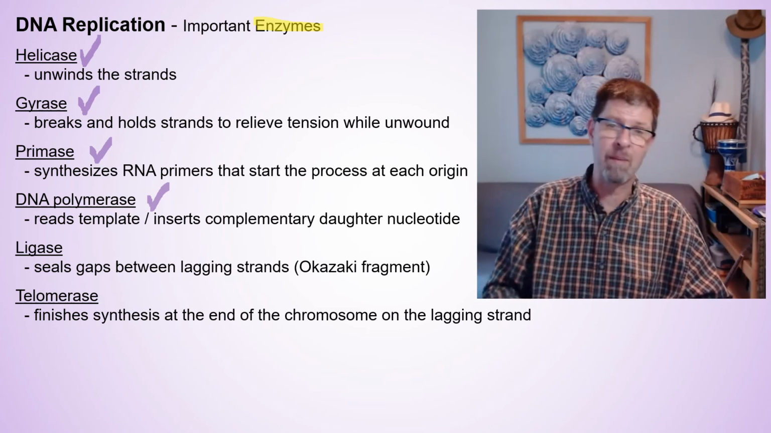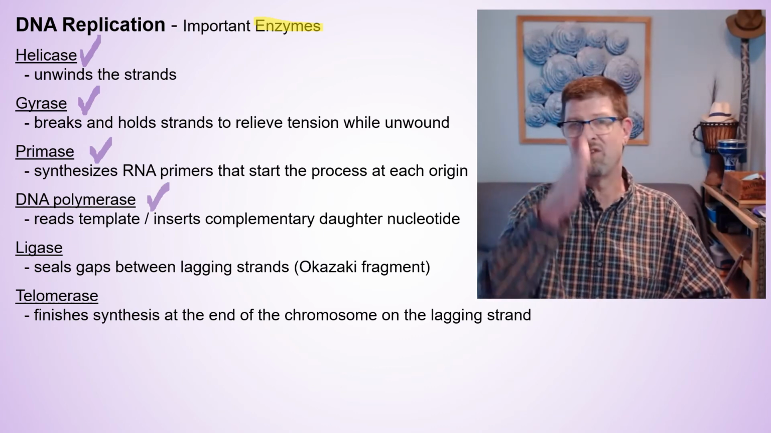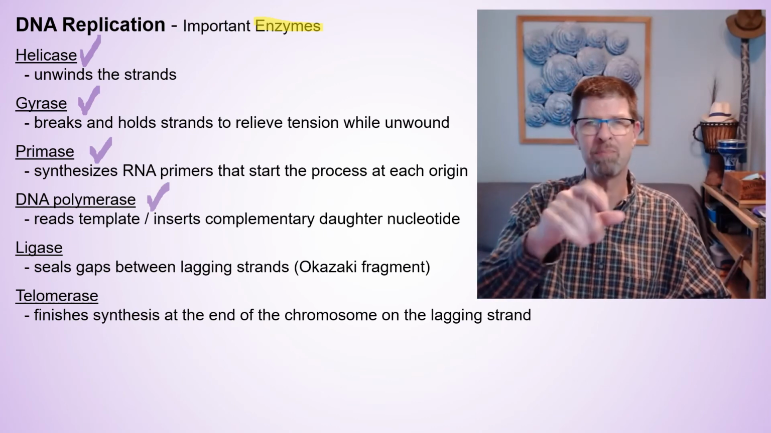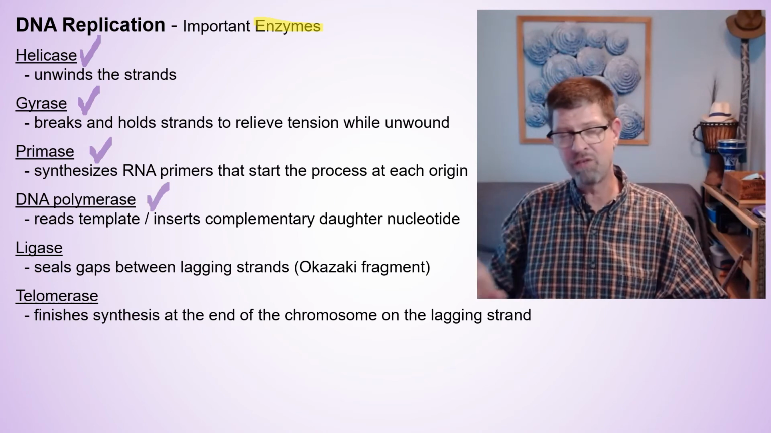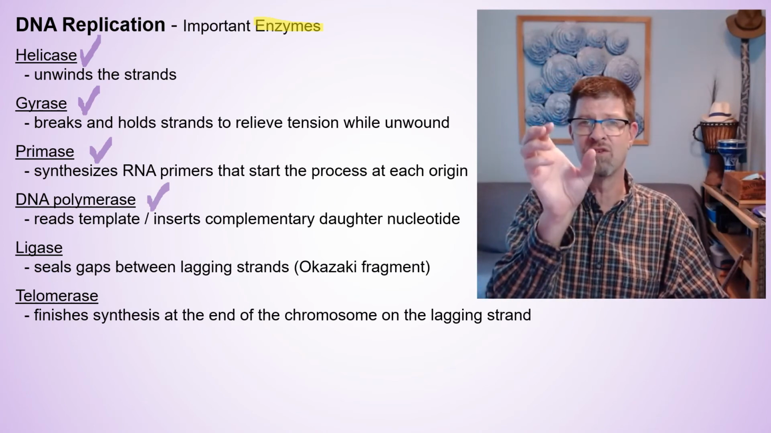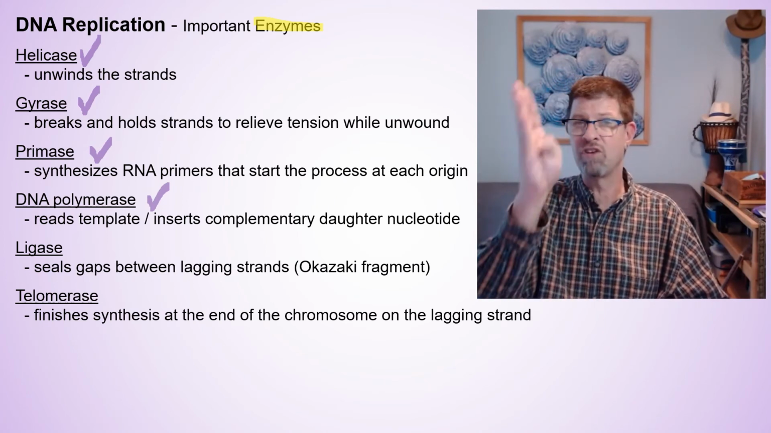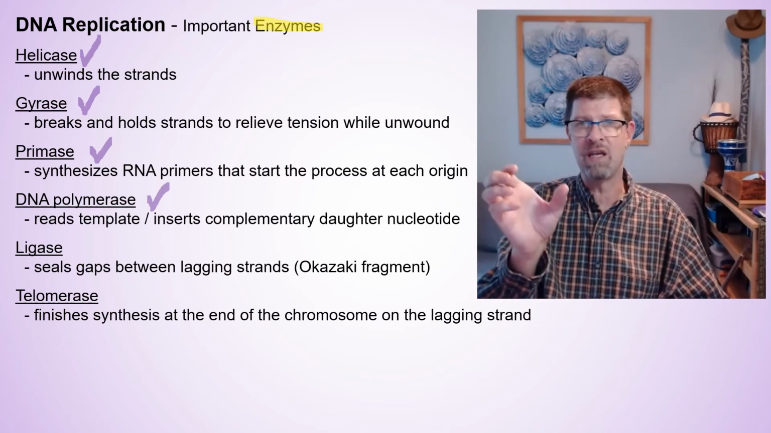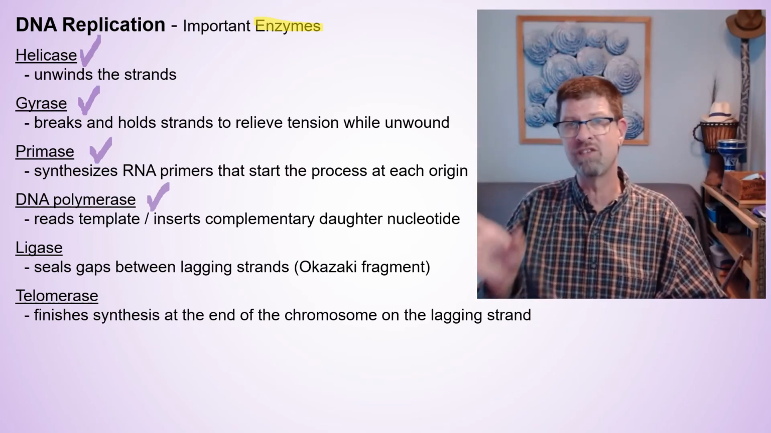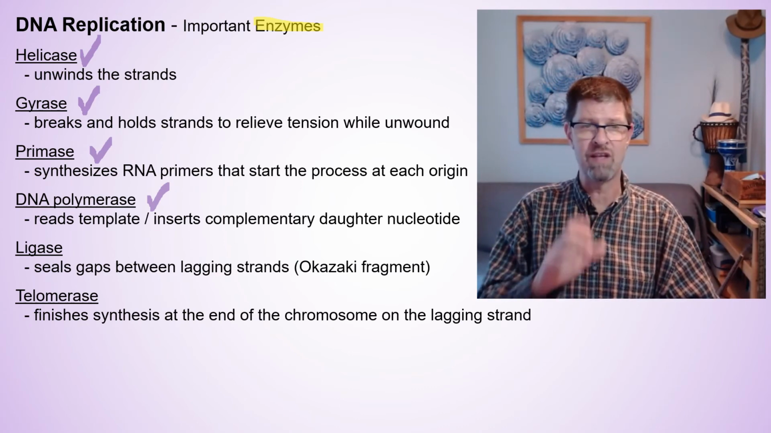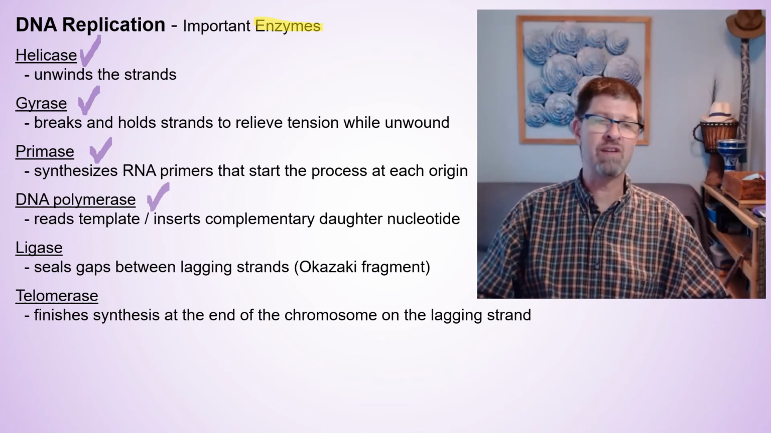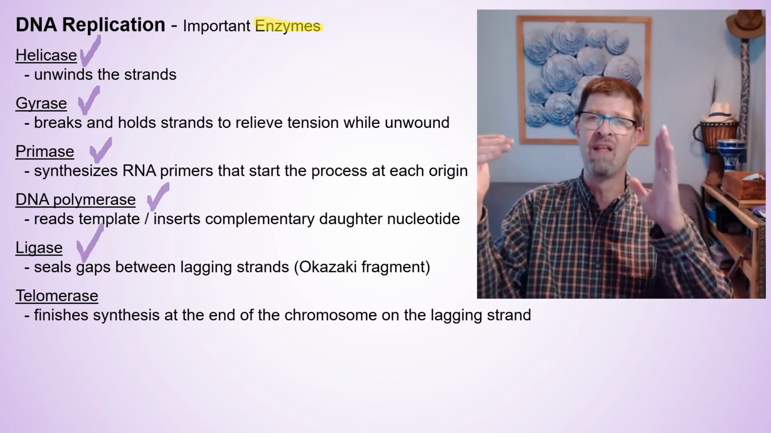So it reads the template and inserts, if there's a T on the template, the strand that already exists. If there's a T there, DNA polymerase is going to move an A in there to be complementary with it. If there's a G there, it's going to move in a C. If there's an A there, it's going to move in a T. It's always going to bring the right nucleotide into position. That's DNA polymerase. The next is ligase, and ligase comes into play with those lagging strands that keep running into